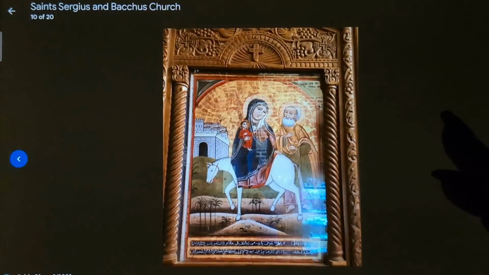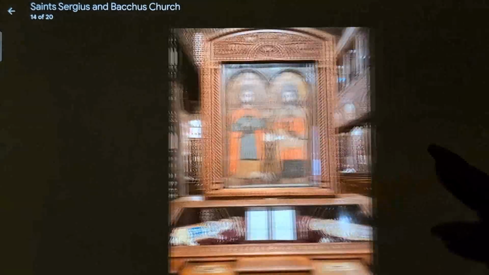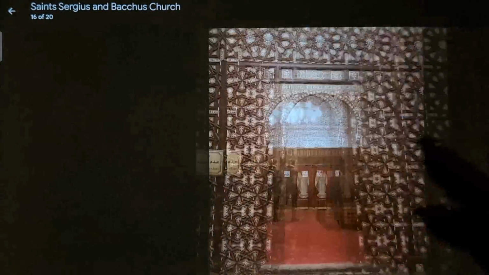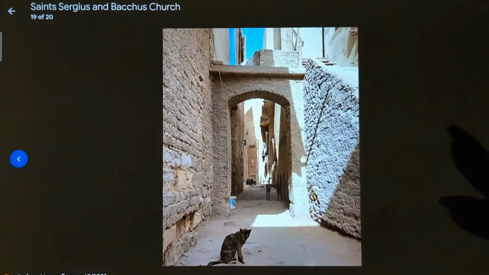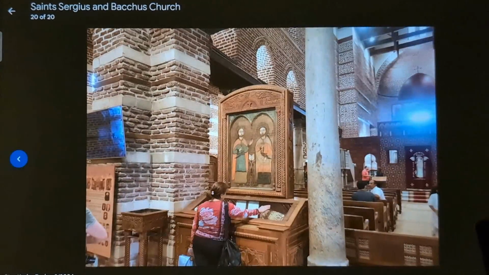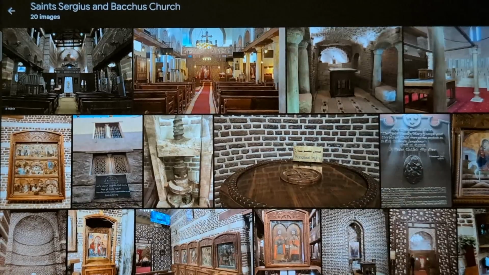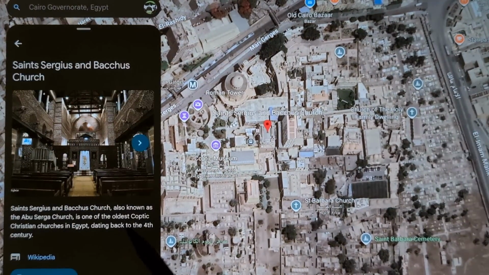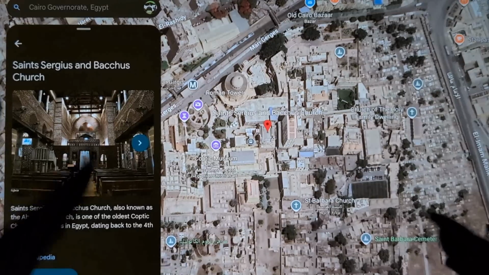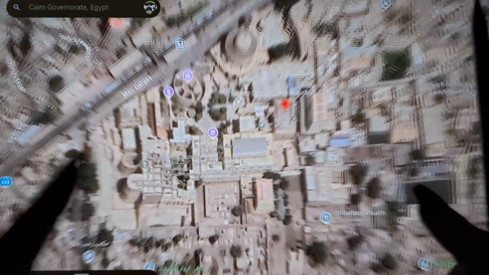Probably, I want to say like the 500s. It is a very old church. All brick too, really neat, and all the old art. There's a little kitty. Let me see, does it say? Nope, it just says the 4th century. I was right, yes. Nailed it.